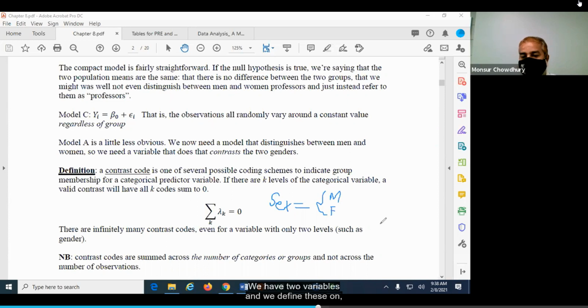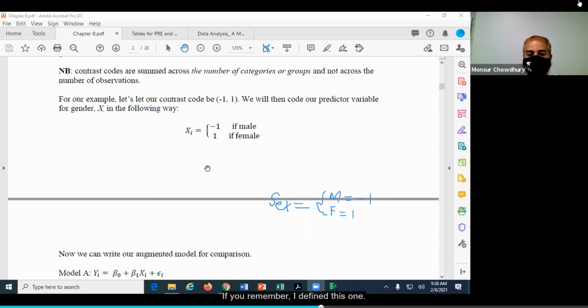We have 2 categories, and we define this one. The male is as numeric code, which is -1, and female numeric code, which is +1. If you remember, I defined this one.